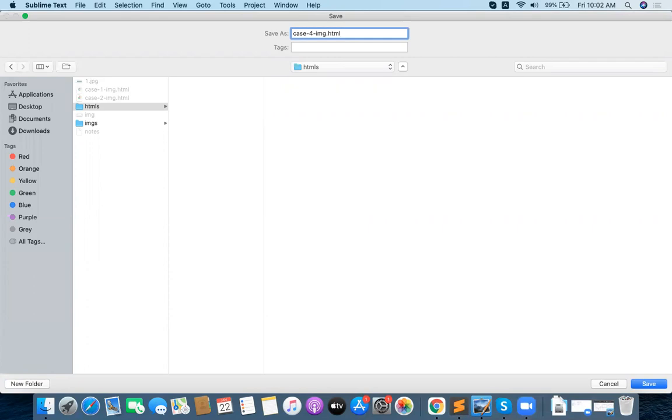The file name can be any name, but .html is mandatory. Don't forget about .html. This is case 3 images.